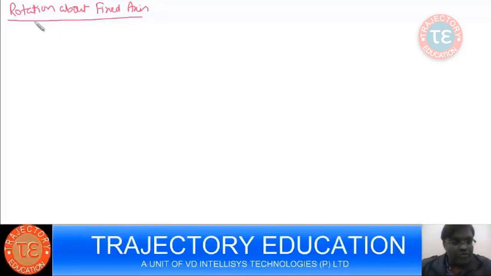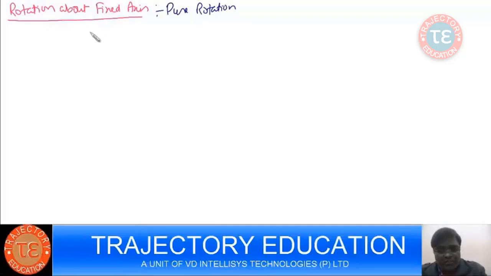Now we have to do rotation about a fixed axis, rotation of a rigid body about a fixed axis. That's also called pure rotation, right? A rigid body undergoing a pure rotation, I can describe the dynamics of the rigid body using